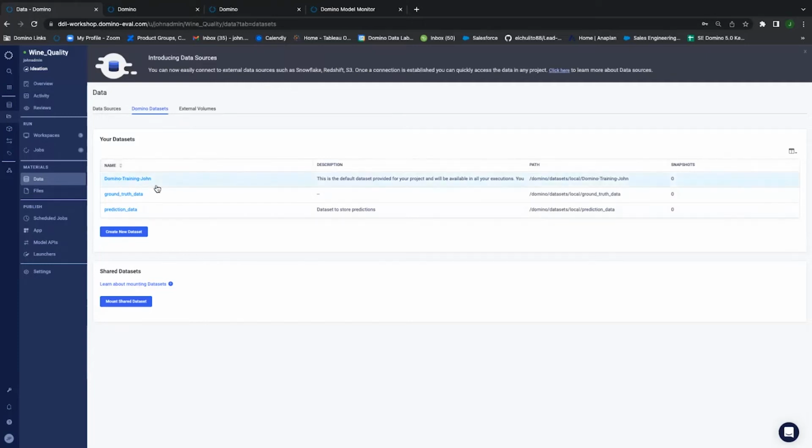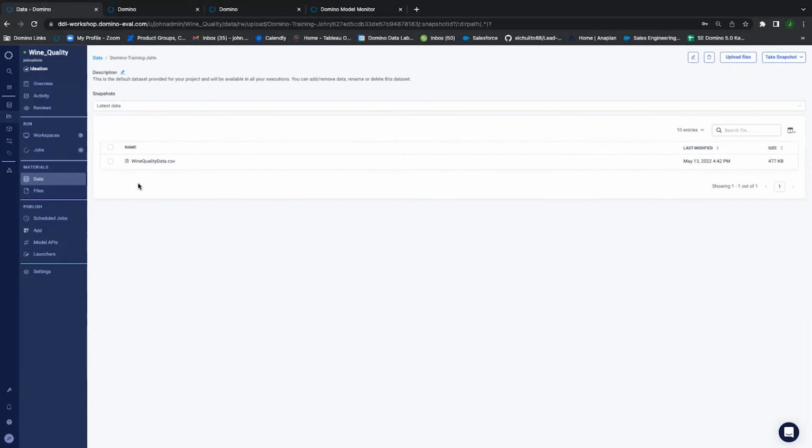Then you'll see here, if I select any of these directories, that there are some datasets that exist in here. Within Domino, if I select one of these options, I can take snapshots. I wouldn't say it's a specific DVC feature, but it's like a low-level DVC feature, in the sense that you are able to take snapshot previews of your datasets as you're building them throughout the entire MLOps lifecycle, especially if you're making certain changes or want to keep a record of those changes. Those will be saved automatically in the Domino datasets platform.